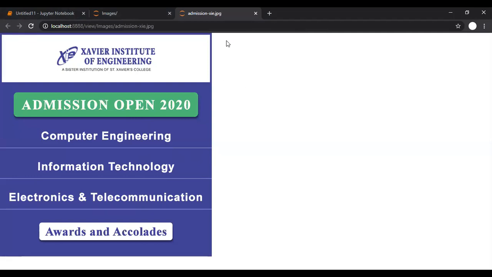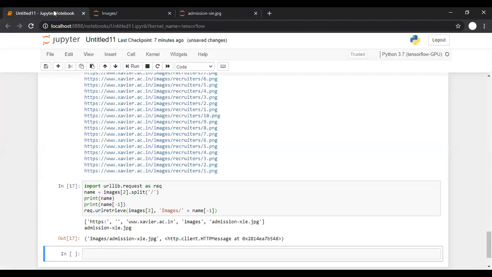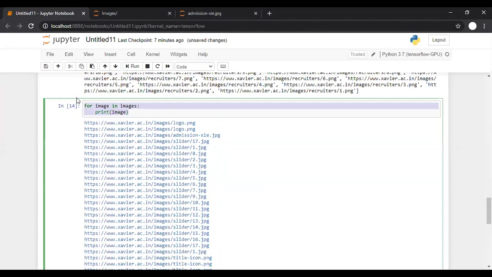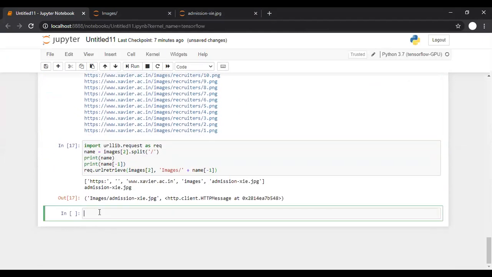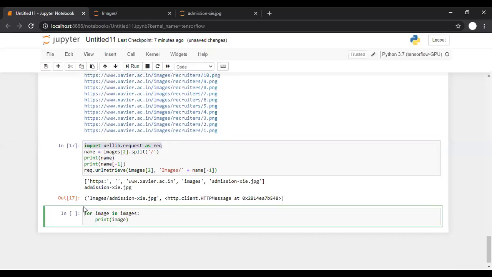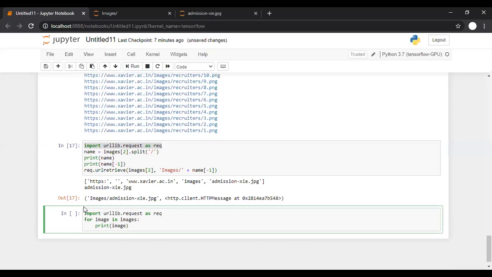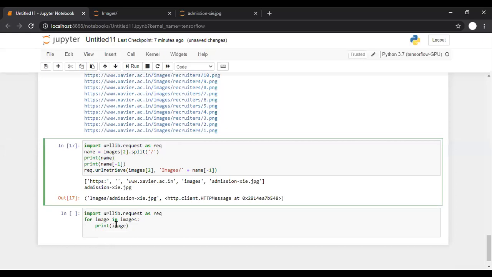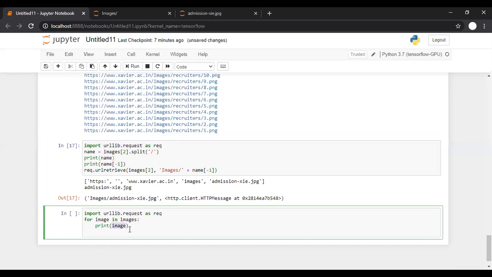So now I can download one image. If I can download one image, can I download all the images? Yes. If I can download one image, I can download all the images. For that, I only need a for loop. So I'm copy pasting this for loop from here. Then I'll need this import so that I'll have that request object. The entire image path is required to retrieve the image, but for storing the image, I need some name. So I'm copy pasting these two things also.